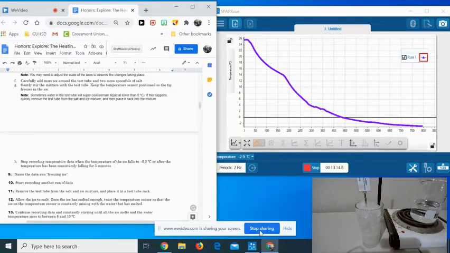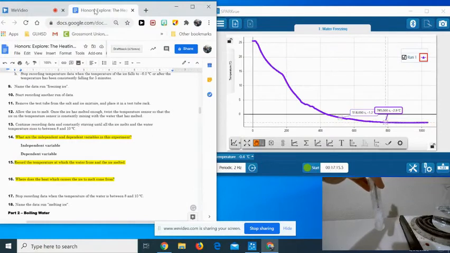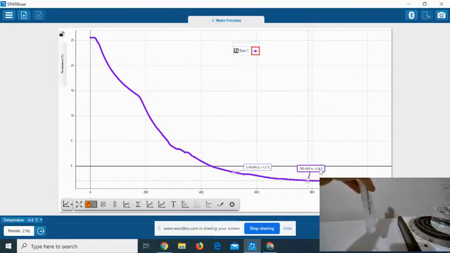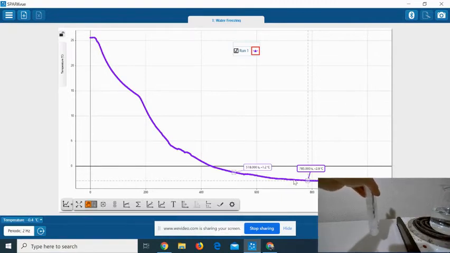Okay, so here you can see what our final graph looks like. And what I've done is I've expanded it, and I've also relabeled it as water freezing. And I've also marked this plateau here at negative 2.9 degrees Celsius. Now, something for you to note is that water freezes at 0 degrees Celsius. But what's also important to note is that at that freezing point, which I realize this is lower than 0